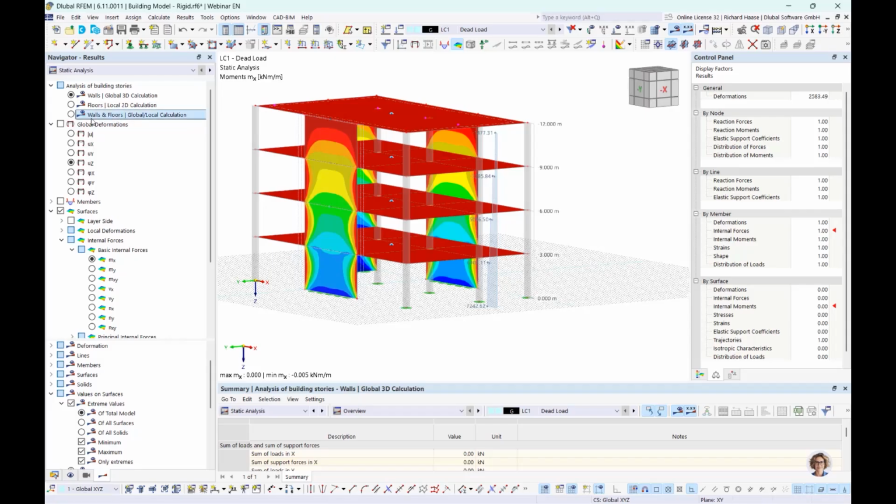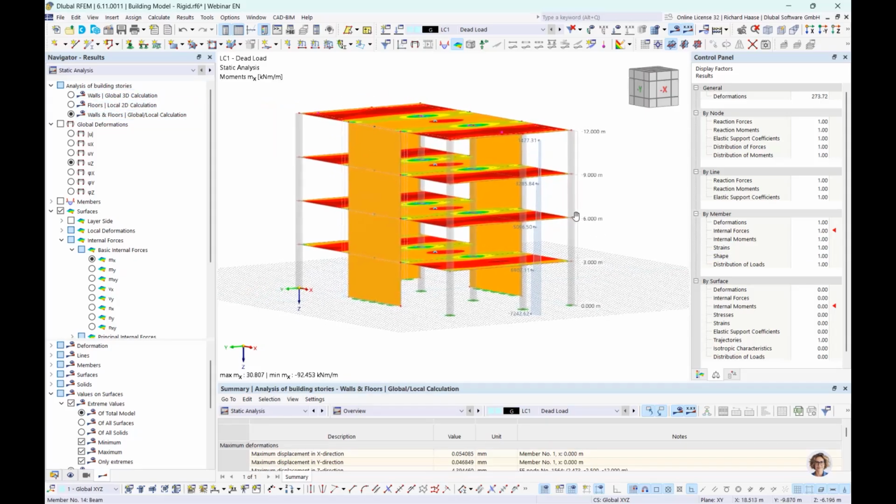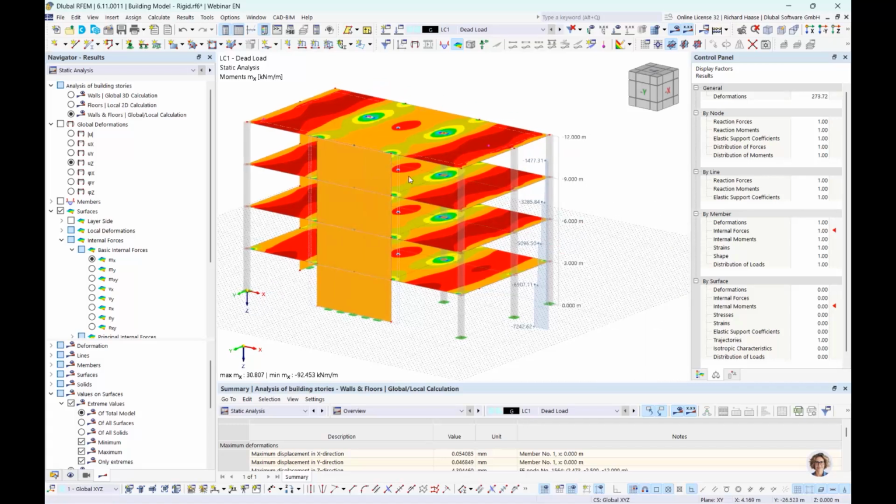And yeah, this last option, walls and floors, is, let's say, a sum of these two. And yeah, here we have our